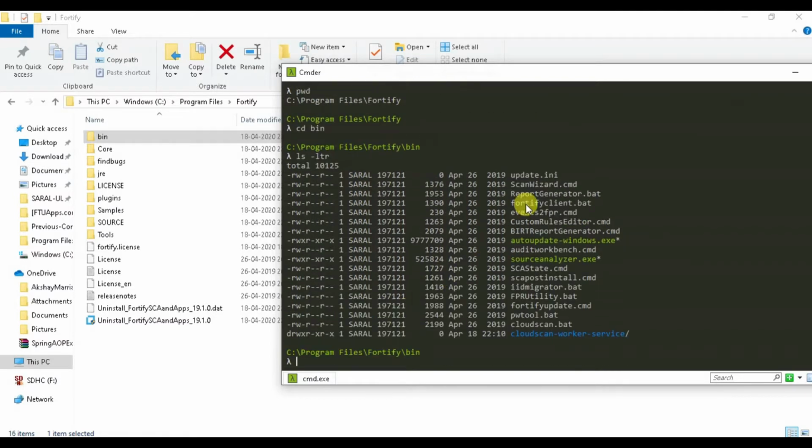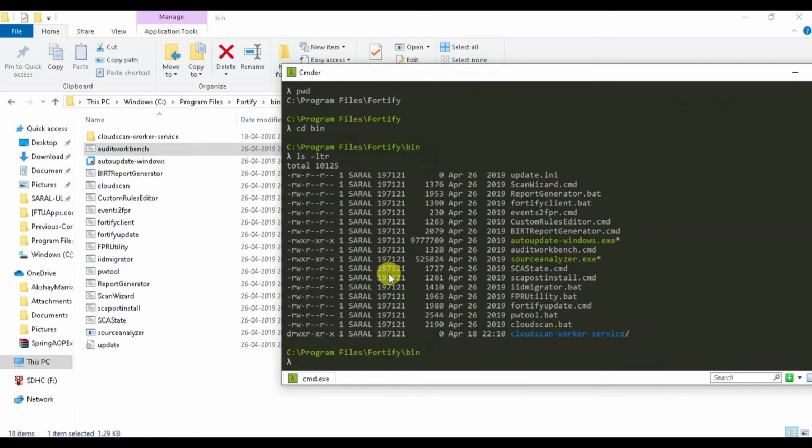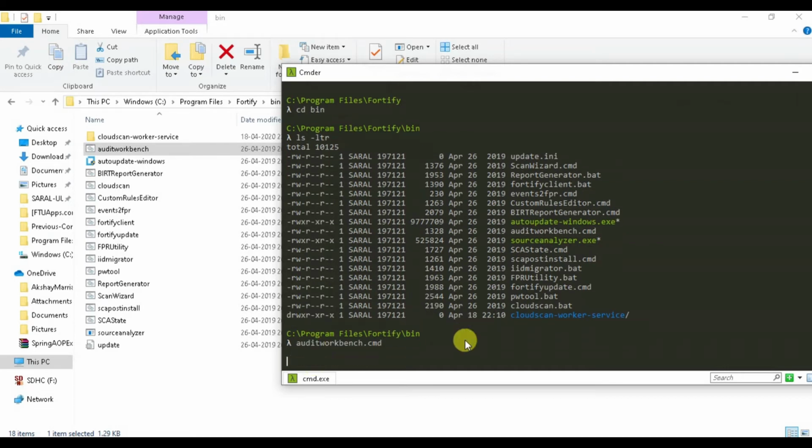To launch Fortify, we have to launch this one, Audit Workbench. So there is a dedicated workbench that is used by Fortify. It is built on top of Eclipse, so we will see today how it gets enabled.